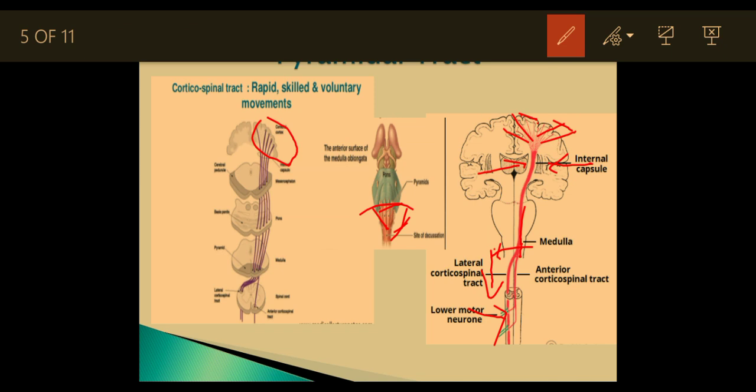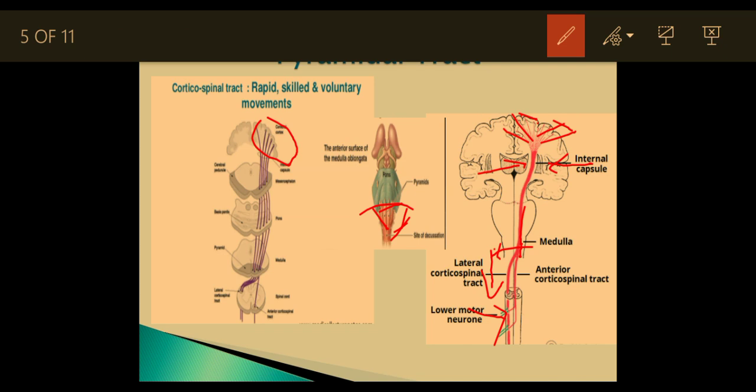So these fibers are called the crossed and indirect corticospinal tract, or lateral corticospinal tract. And the remaining 20% of the fibers, without crossing to the opposite side, descend in the same side,